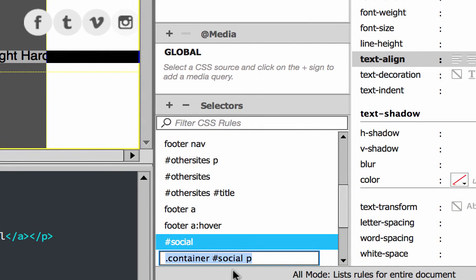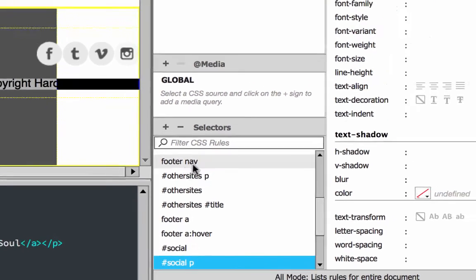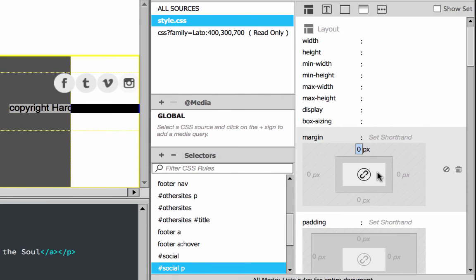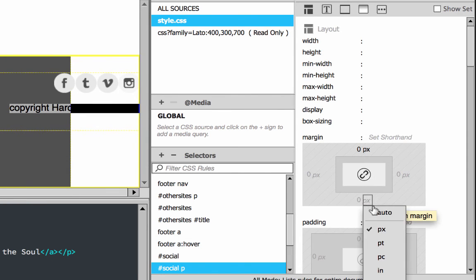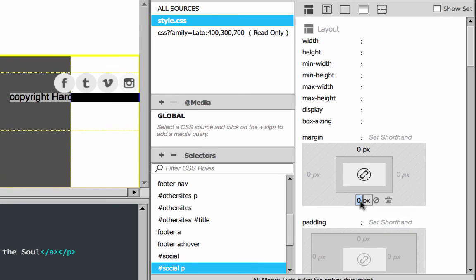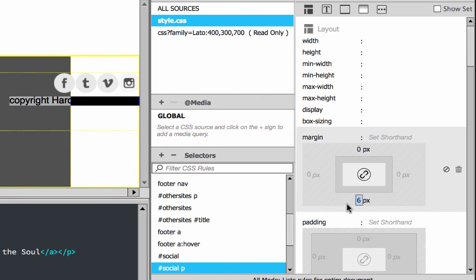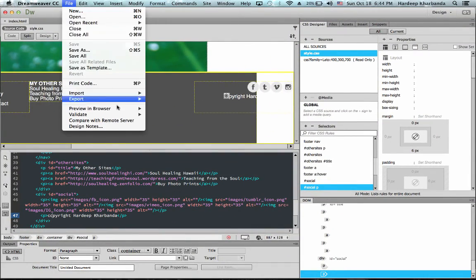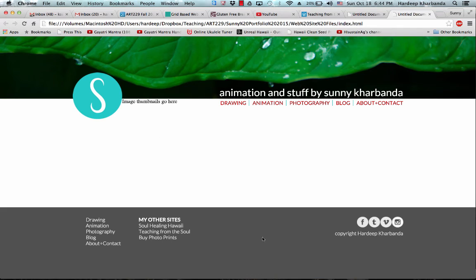I add a selector for it, simplify the selector, and then go up to the layout properties, set the top margin to 0 and the bottom margin to maybe 6 pixels. Let's see how that looks. That looks pretty good. I just want to add some space between my images now.